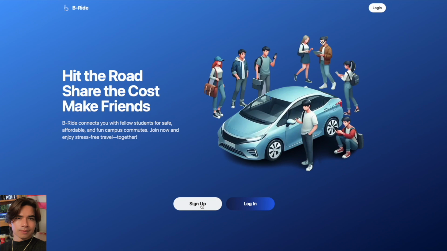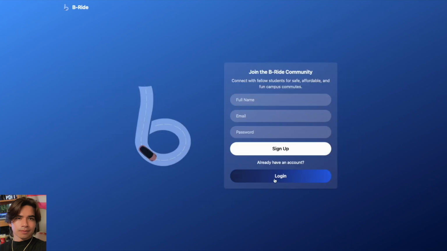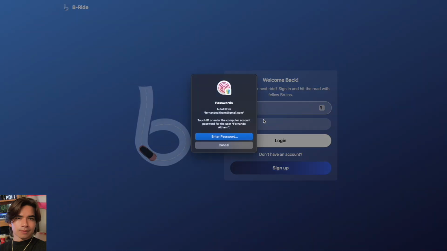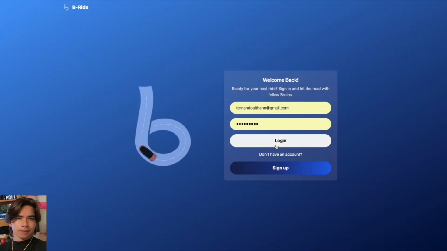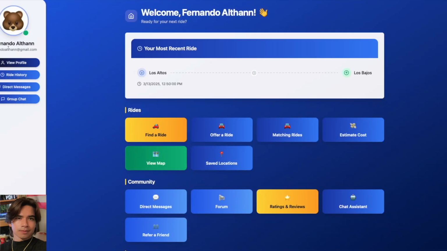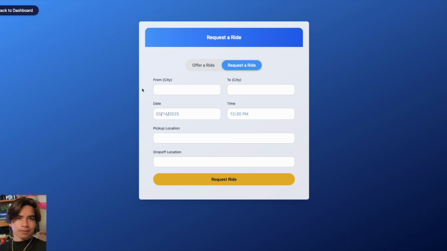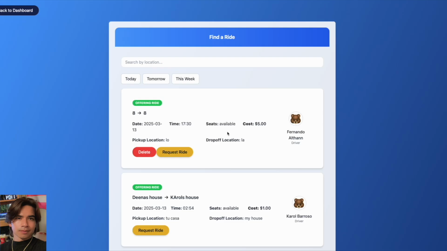So we're at the BeRide landing page. You can sign up, make an account, but once you're ready to log in, you can just fill in all the data. Boom. Now, here's my account, my welcome page. You can see your most recent ride that you're offering. You can also request the ride. You can find all rides that are offered here,